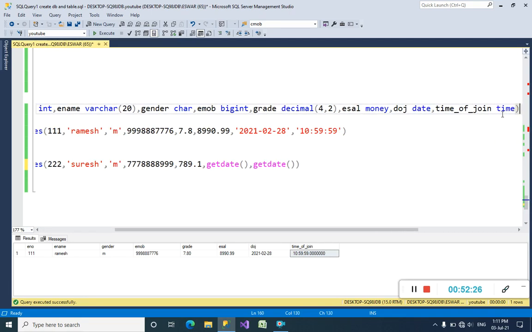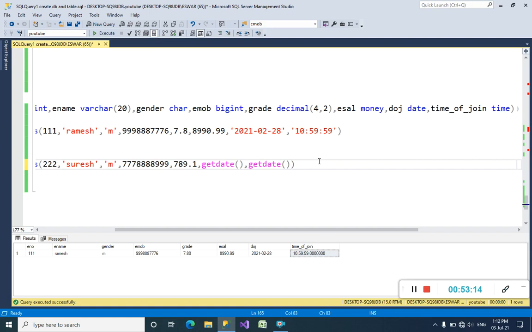For time of join, we have declared that column as a time, so the getDate function will give the time. The getDate function has both date and time, so it gives the date to the date column and the time to the time of join column, according to the data type you have mentioned. Is that clear here?